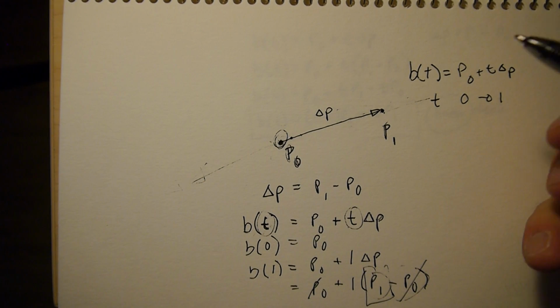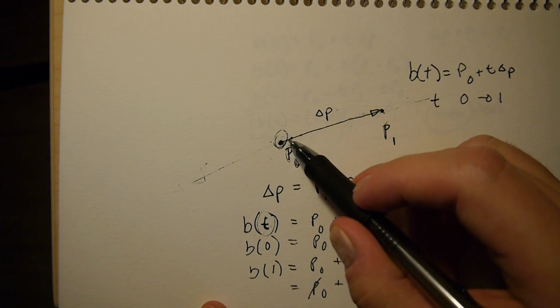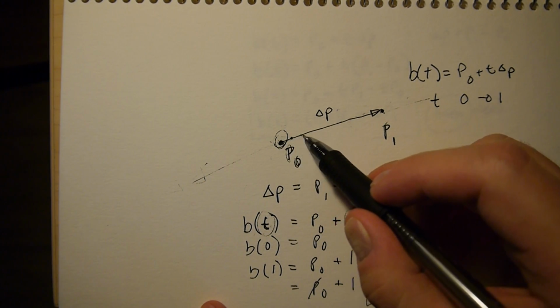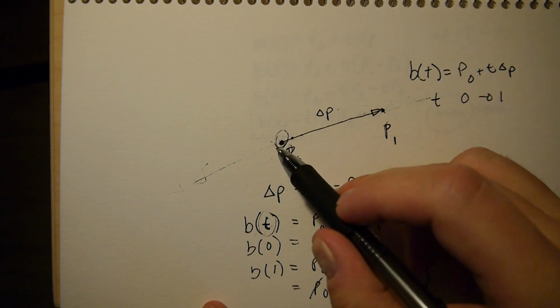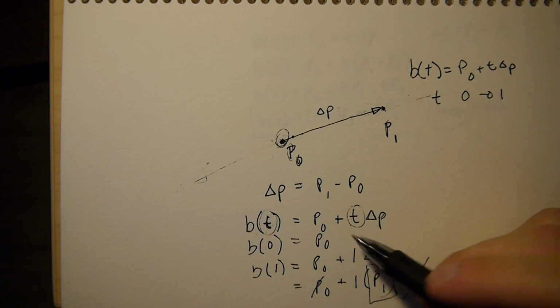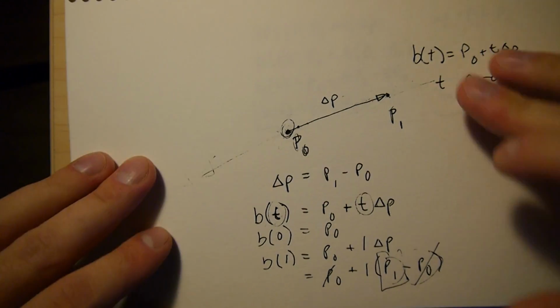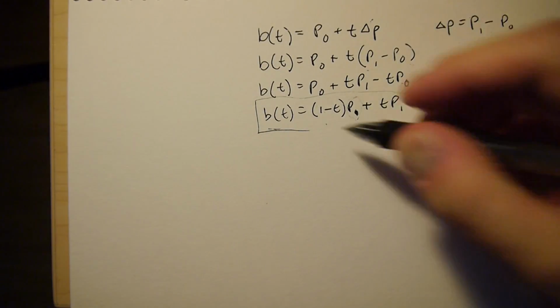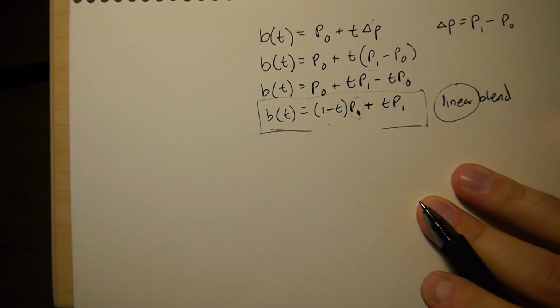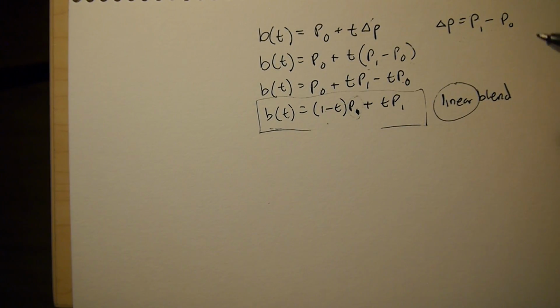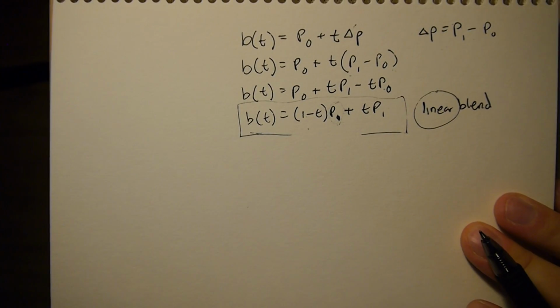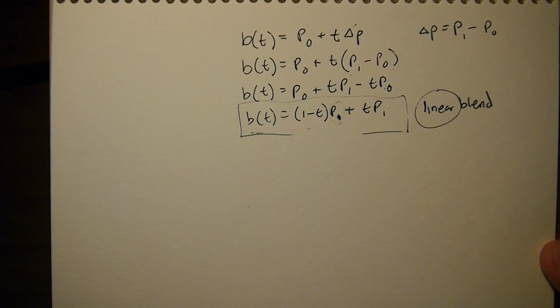If it was non-linear, that wouldn't be true. We'd move slowly in 0.1s, and then all of a sudden 0.1s would move us a lot. There would be inconsistent motion along the line if this were non-linear, but it is linear, obviously, because if you look at this equation, there's no t squared, there's no t cubed or anything. Everything is linear because everything is to the first power. Okay, and we're going to see a little bit more about that as we move along. So given this linear blend,